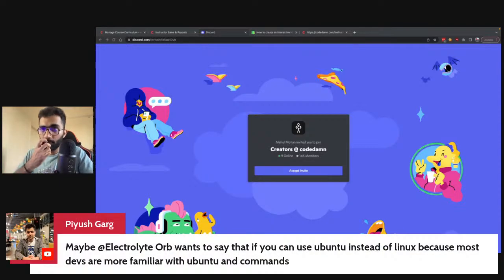Maybe Electrolyte wants to say that if you can use Ubuntu instead of Linux, because most devs are familiar with Ubuntu and commands. We do use Ubuntu within the container itself. So the container image which runs, it runs on top of Linux, but the flavor of Linux that is used is Ubuntu. There are a few commands which are missing, obviously, because the container image needs to be small.